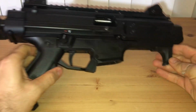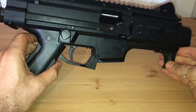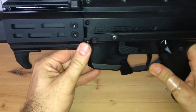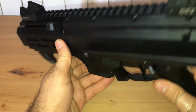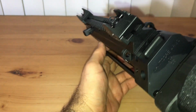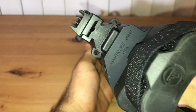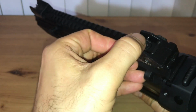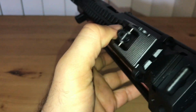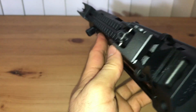Okay, so taking a look at the pistol itself, I'm going to just barely get it on camera, but it is very nice. CZ Scorpion does come with peep sights, as you can see here. And they have like four settings. That one's like really small. I mean, that's cool,